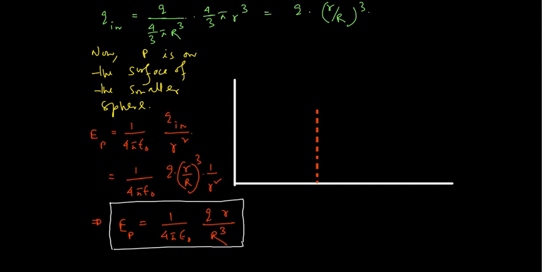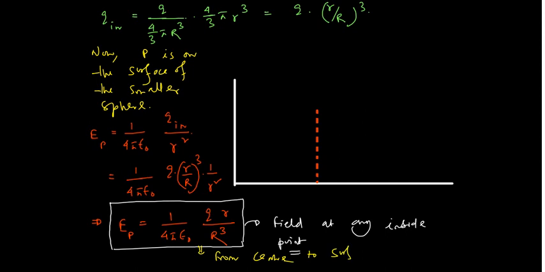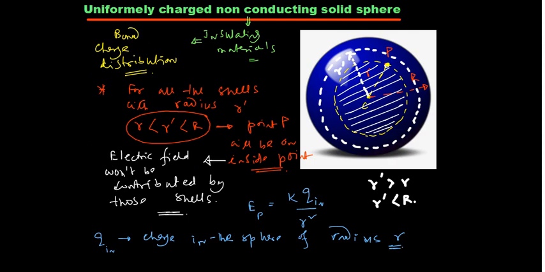So this is basically the field at any inside point. Clear? Field at any inside point, and this particular calculation is strictly valid between where to where? This is from center to surface, right? Because the moment you are coming out of the surface, if I take a point here,